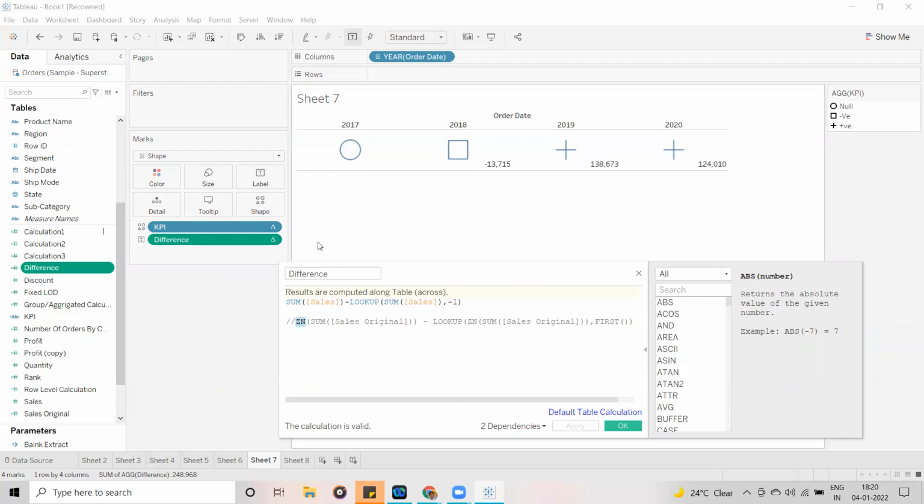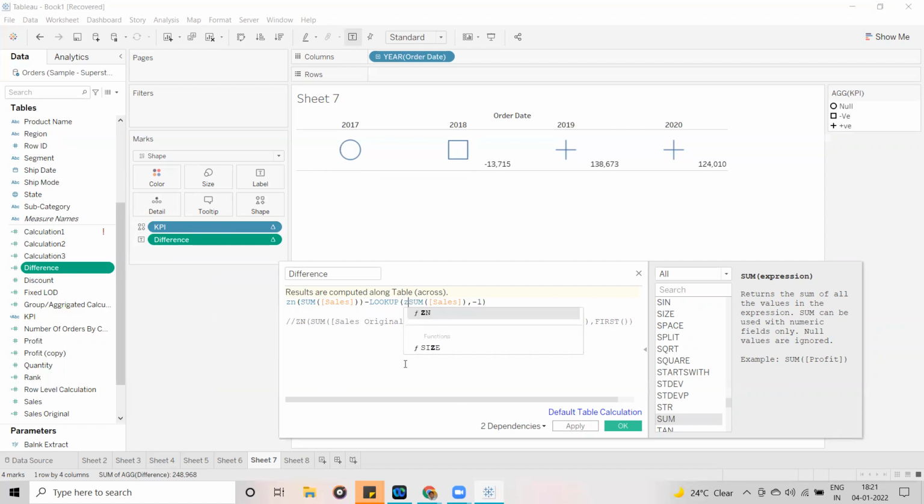Now here we are having null in this calculation, so I am going to use ZN of, means wherever it finds null, means blank, it is going to assign zero. Now you can see, I will click on apply.